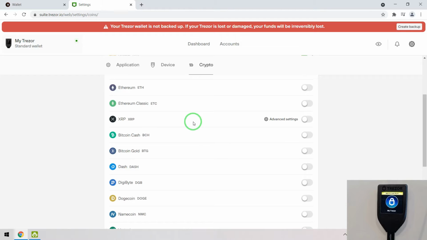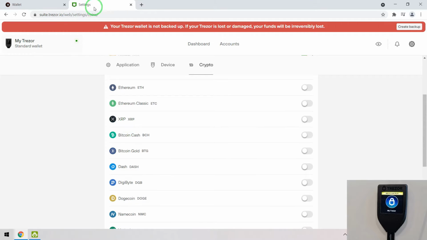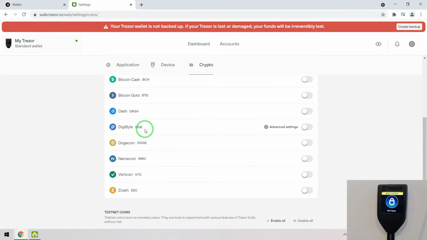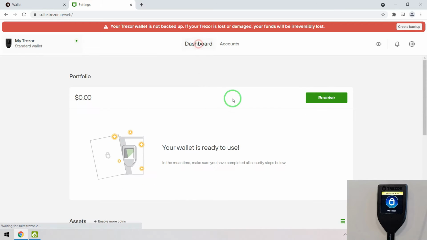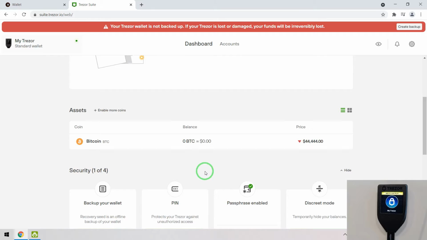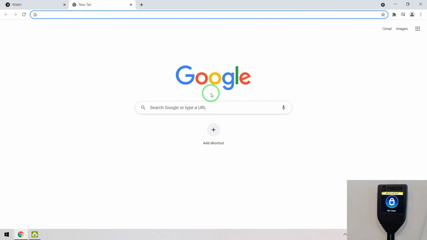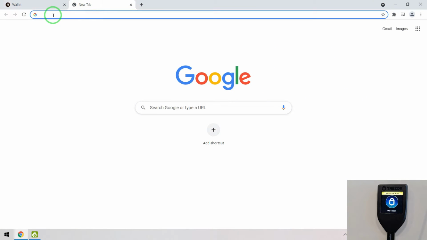But my question is how we can add other coins that are not listed here. So Trezor.io is not giving official support for adding any other cryptocurrency rather than these. So we have made a solution for it. I am closing this because I will show the solution. Let's take an example, Odua coin. We will add Odua coin on the Trezor.